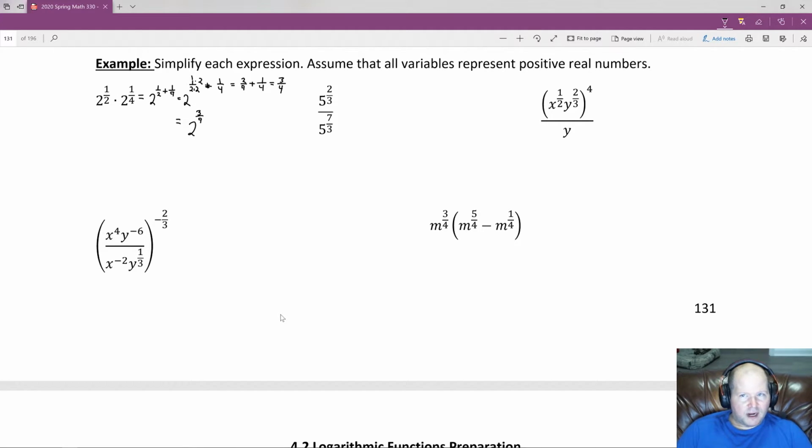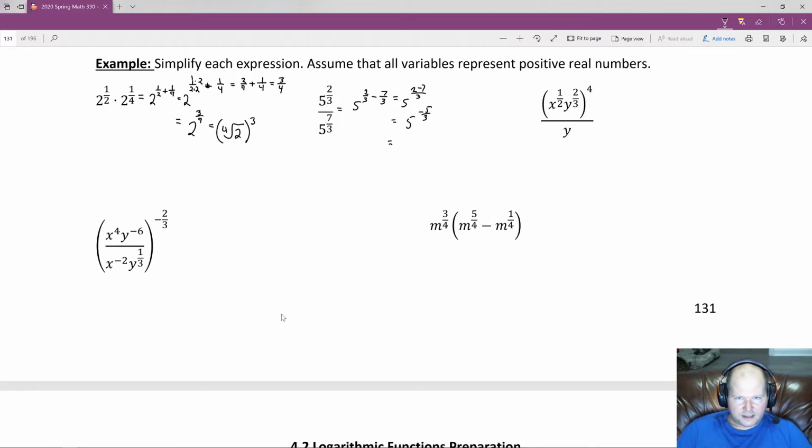Okay. Now I could rewrite this in radical form if I wanted to. So for instance, I could just rewrite this as the 4th root of 2 to the 3rd power if I wanted to. Now over here, instead of using the product rule, we would use the quotient rule, which means we would subtract. So we have 2/3 minus 7/3. Now in this case, the denominators are the same, so they're like fractions, so we simply subtract the numerators. So we would end up with 5 to the 2 minus 7/3, which would give me 5 to the negative